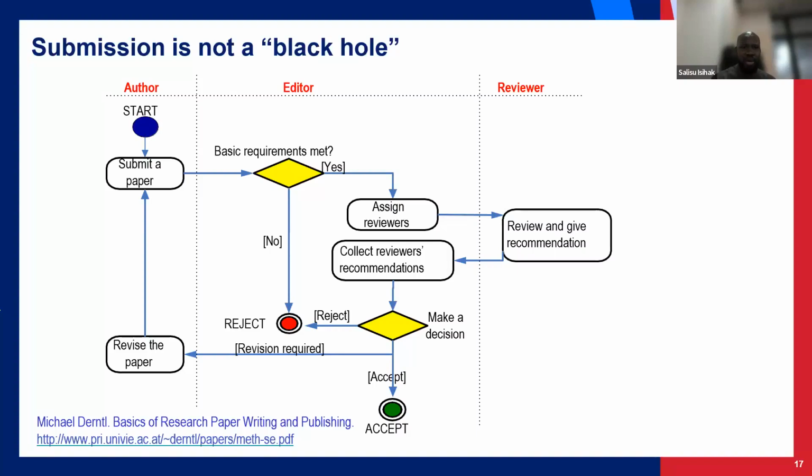And there are basic requirements the editor will check. Sometimes the editors can easily reject. I'll tell you why they reject the work. They can reject outright, or they can send it to the reviewers to collect opinions, and the reviewers will review the paper and give an opinion. And this opinion could be,